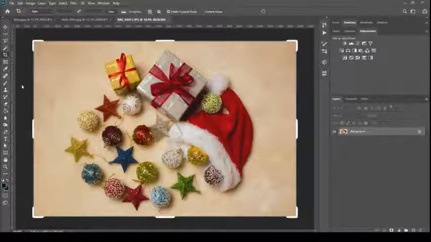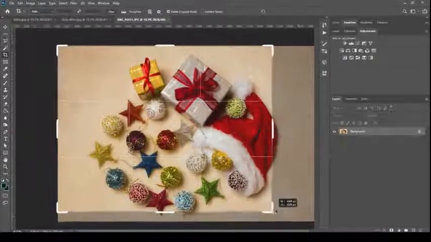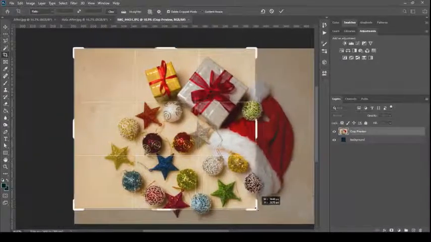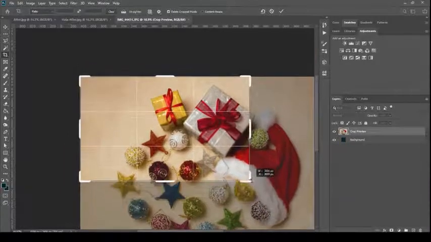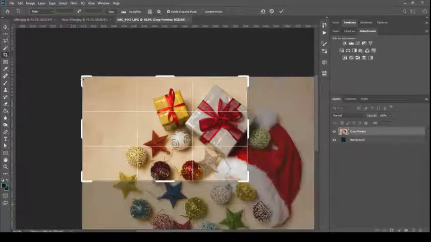Okay, so we'll continue with the cropping tool. What the cropping tool basically does is that you just have to select the area that you want to crop. Suppose I have selected the crop tool, it will give me these corners, and I can close this corner, I can reduce the size of this corner, and whatever part I want to be inside, I can bring it